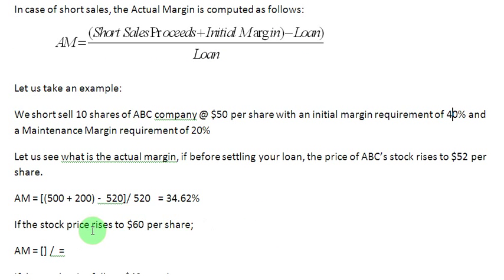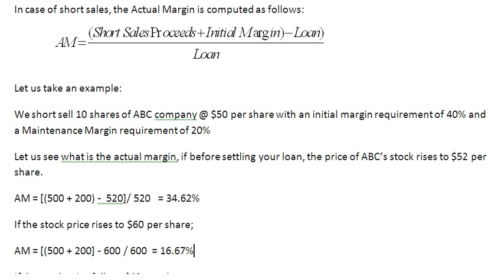Now if the stock price rises to $60 per share, my friends, let us see what our actual margin is going to be. We again write $500 for our short sales proceeds, $200 as the initial margin, and then from this we subtract the value of the loan, which is now the 10 shares we have borrowed at the going price of $60 per share, so the value of the loan is $600. We write that and divide by 600 again, and this time it gives us